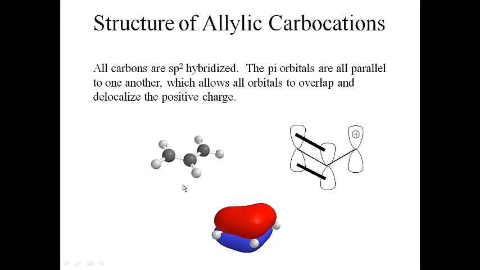Okay. So what is the structure of an allylic carbocation? Well, for that allylic carbocation that we just looked at, that's the CH2 double bonded to the CH with the CH2, in this case with the plus charge over here. What I have is all three carbons are sp2 hybridized. And so that means there are p orbitals in the sp2 hybridized carbons. In this case, two of those p orbitals might be overlapping to form the double bond, and the other orbital would be empty,